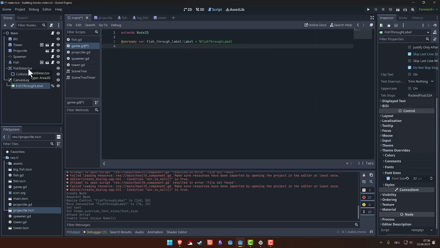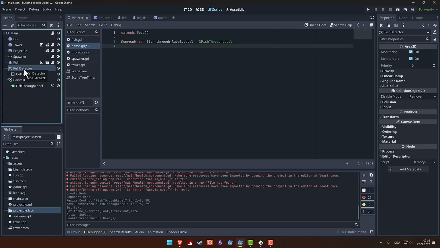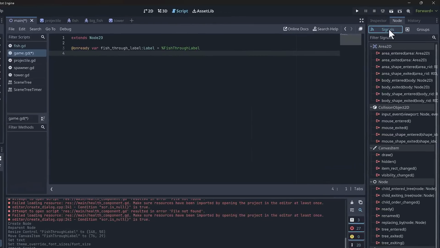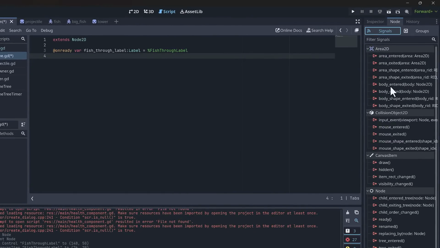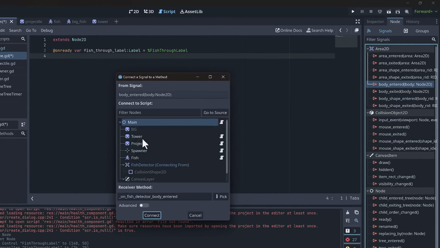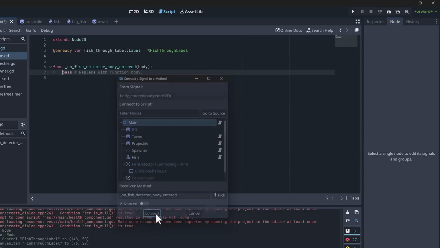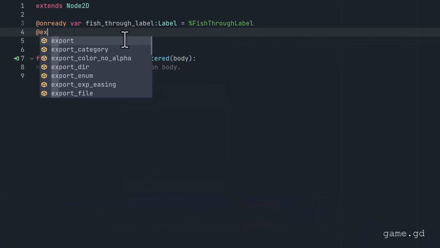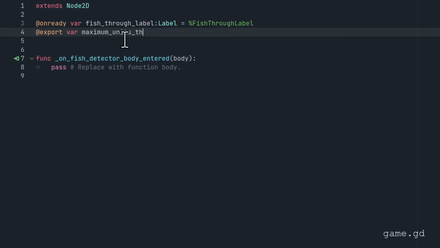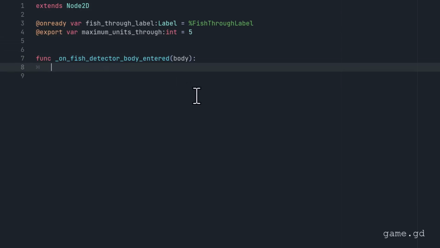And now the fish detector should inform us whenever something entered this thing. So what we can do is we can use a signal. So we are going to connect the body entered of the fish detector to the main on fish detector body entered. Now we need a counter. We make an export for maximum units through, and we say maybe 5. And whenever something has entered the fish detector, we don't really care what it is because it can realistically only be a fish. So we just say we reduce the maximum units through by 1,